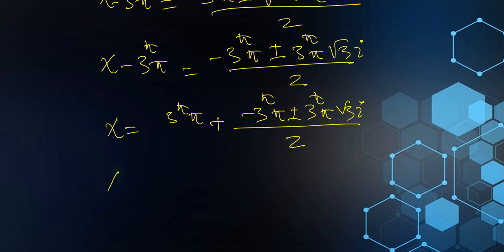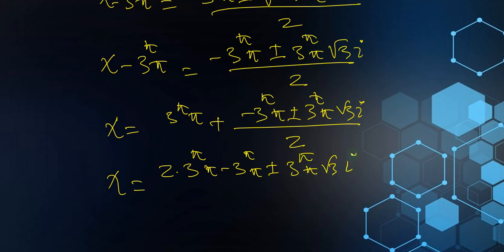So this one times this, we're going to have 3 times 3 to the pi times pi, sorry, this is going to be minus, right? So this is then minus 3. Okay, this is a plus. Okay, minus 3 to the pi plus or minus 3 to the pi times pi square root of 3i, all